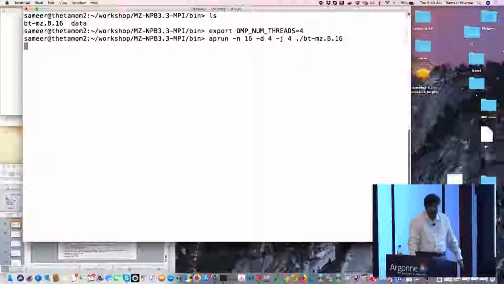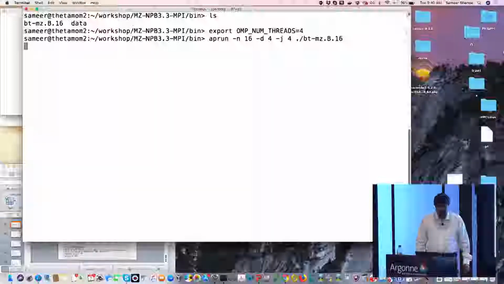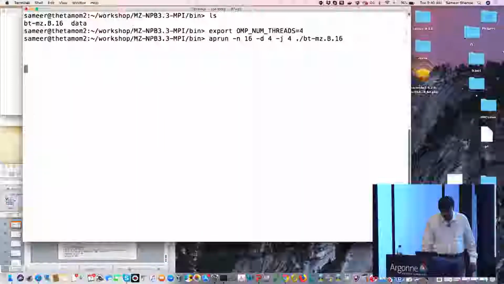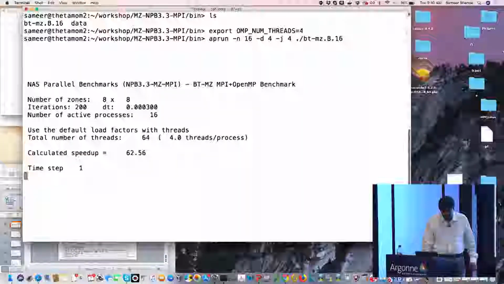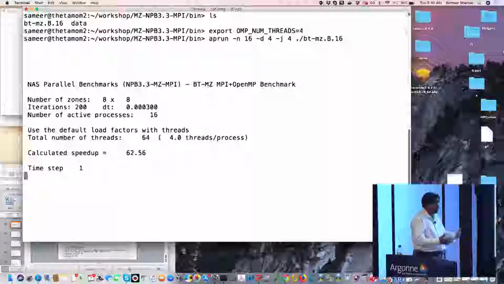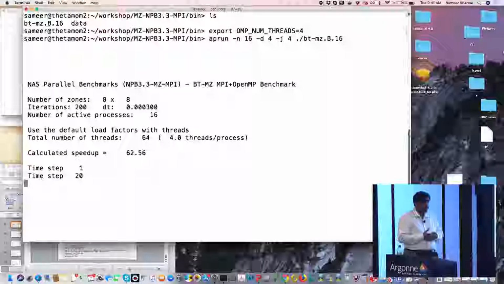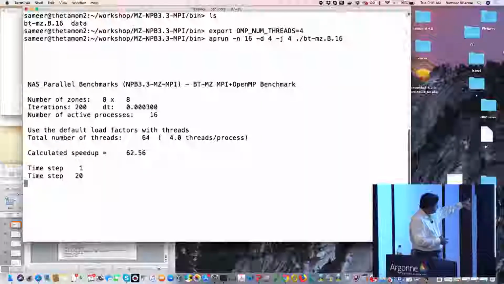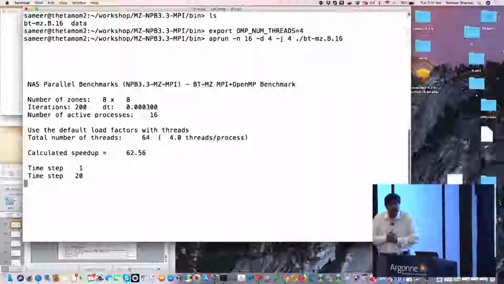This is running the application without any instrumentation hooks in it on 16 cores. Okay, and you're using 16 MPI ranks, 4 threads, and you're just running this code, and you're probably wondering,